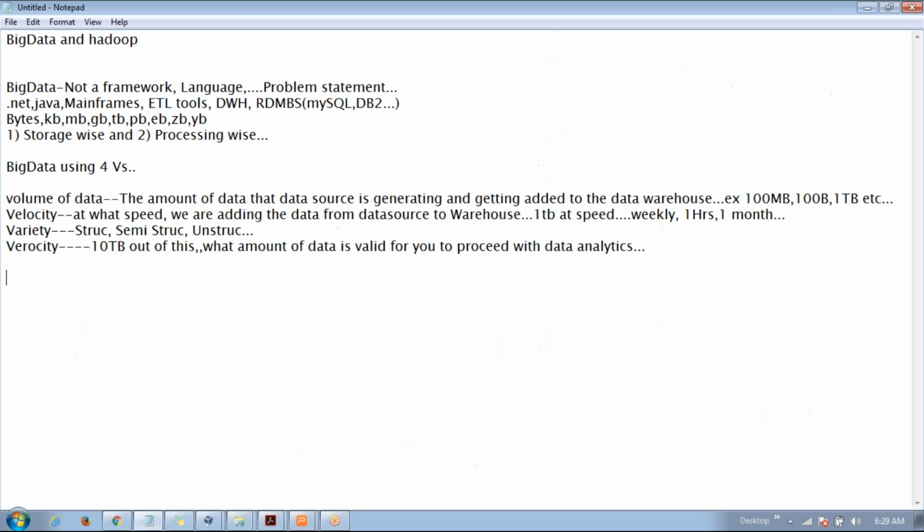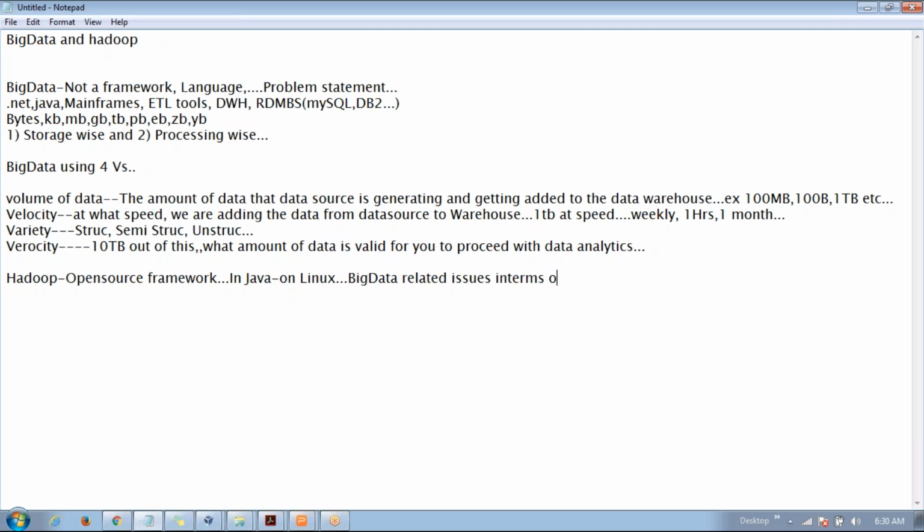Let me define what is Hadoop. Hadoop is an open source, I'm telling again, open source framework. I used two words here, a very, very important thing. Open source means free to use software. Framework means 70 to 80% of the work will be done by the framework, and the developer has to take care of the remaining 20 to 25% of the work. So it's an open source framework written in Java. You don't have to know anything about Java. It is written in Java on the Linux platform, completely on the Linux platform, which is intended to resolve the big data related issues